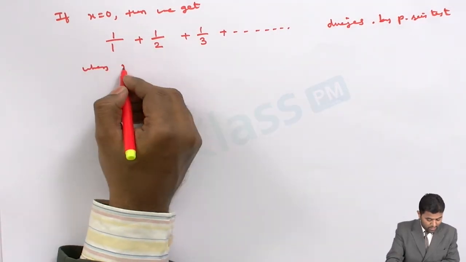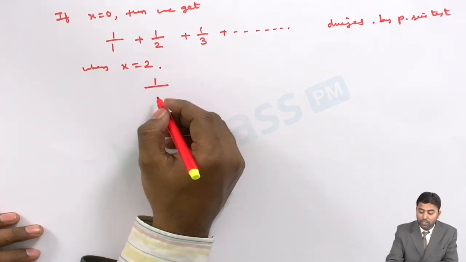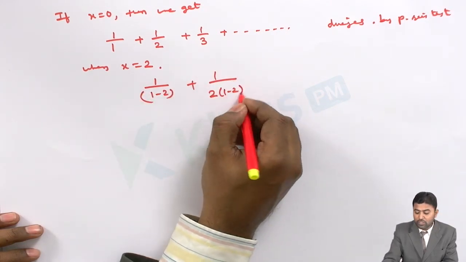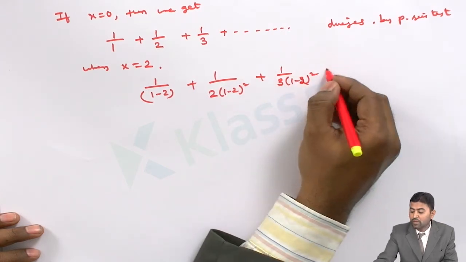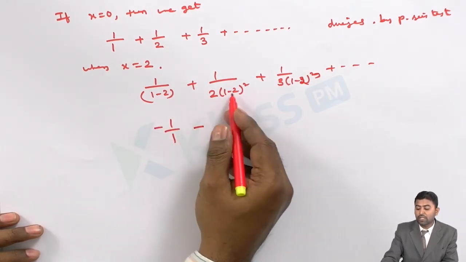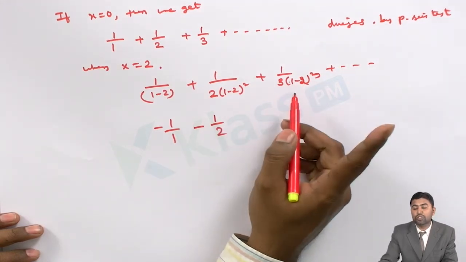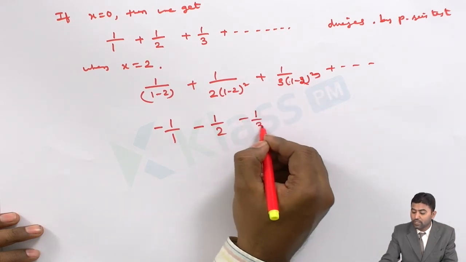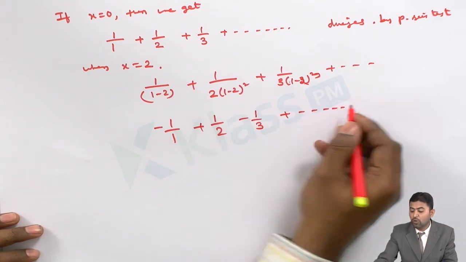Okay, when x is equal to 2, what will I get here? 1 by 1 minus 2 plus 1 by 2 into (1 minus 2) whole square plus 1 by 3 into (1 minus 2) whole cube and so on. So it gives minus 1 by 1. Plus here (1 minus 2) whole square, so I'll get 1 by 2. And here 1 minus 2 is minus 1, so cube, minus 1 cube is minus, so minus 1 by 3. Here minus 1 plus 1 by 2 minus 1 by 3 plus and so on, which